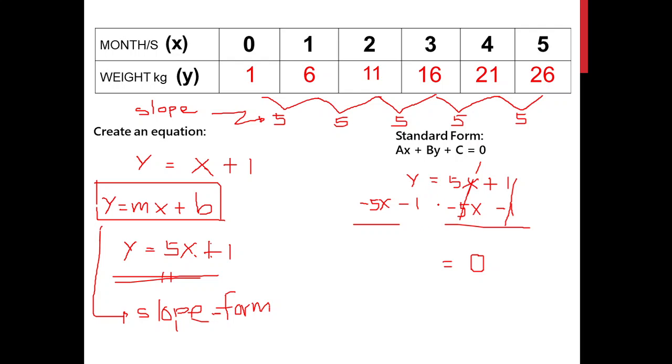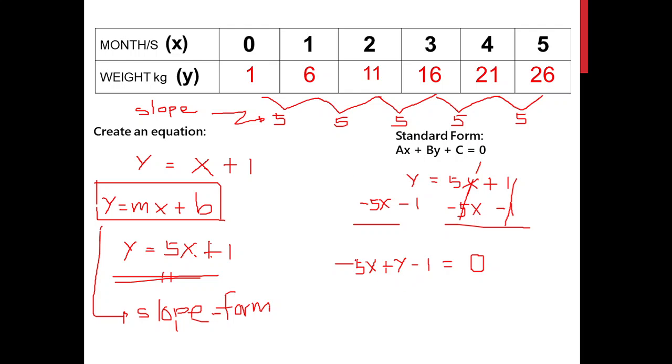So what's left here in the left side, negative 5x does not have the same term with the rest of the terms here. So let's just bring down negative 5x. Same as our y here. Does not have any similar term to combine with. So let's just bring down positive 1. Then, same as our constant, negative 1. Let's just bring it down here. So as you can see here, it's the same format as our standard form.